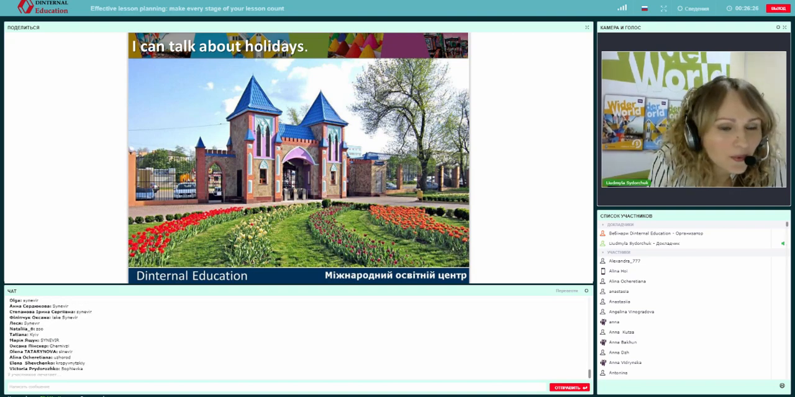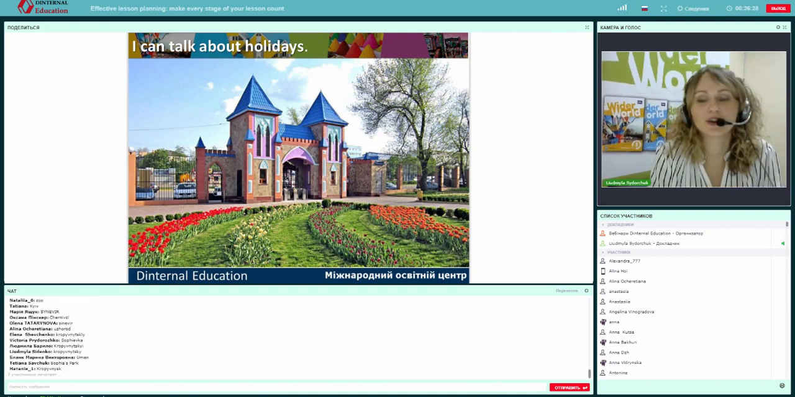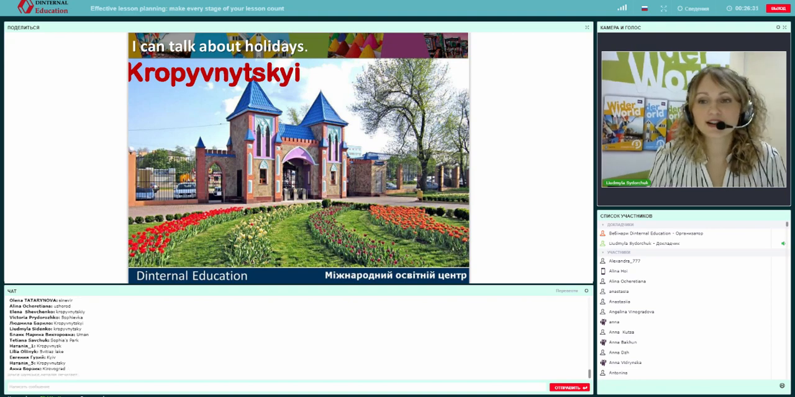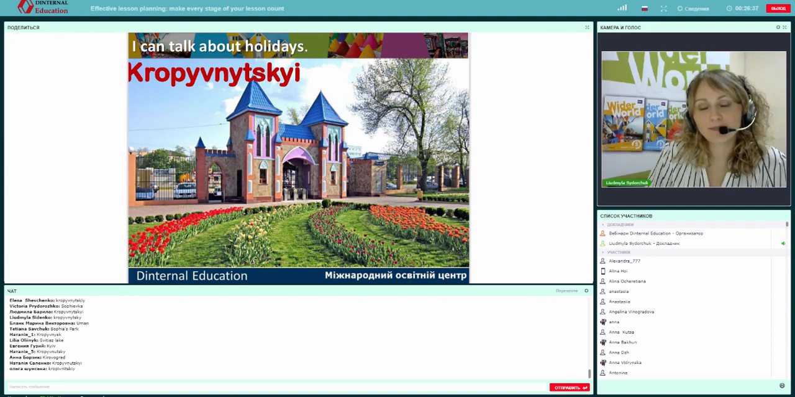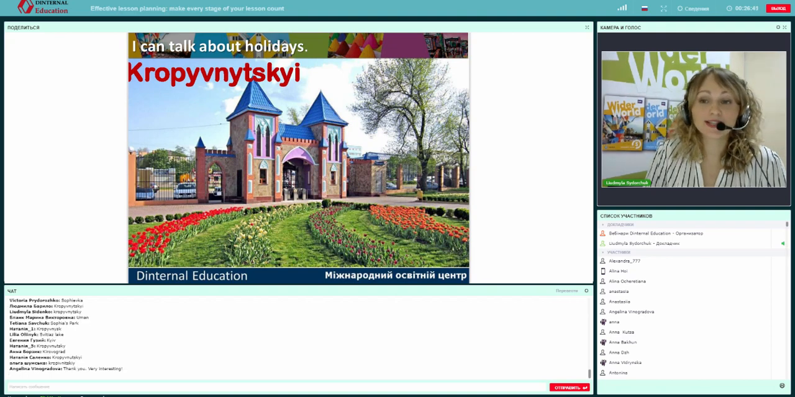Чернівці, no. Кропивницький. Елена Shevchenko was the first one. Right, this is Kropivnitsky, and this is the photo from a beautiful dendro park in Kropivnitsky. By the way, I visited it last week, and I was really amazed with this beautiful and long alley full